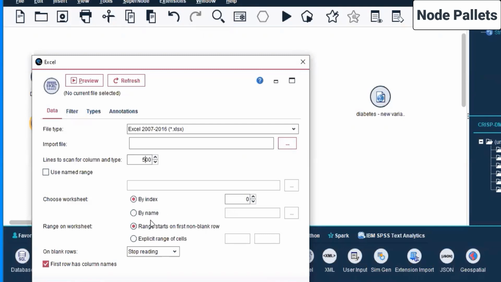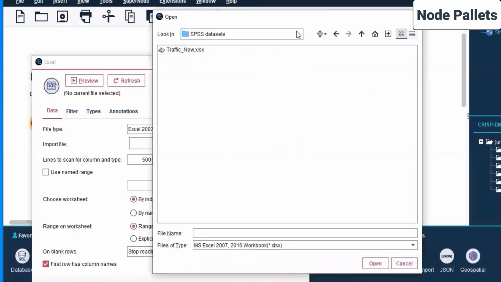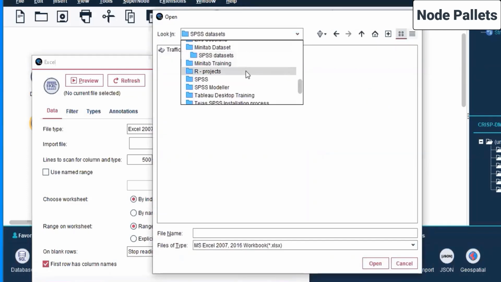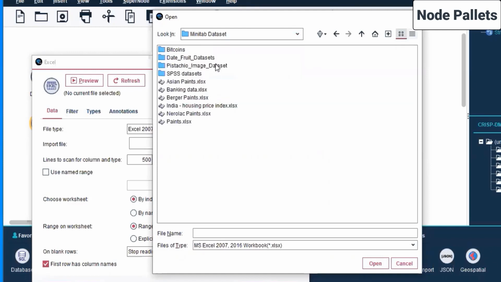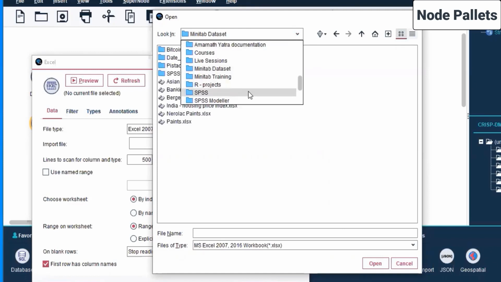Choose worksheet by index or by name. We choose it by index, and the range starts from the first non-blank row. So these are some of the standard settings that are there, and that's okay. And you click on this button here, go on the data. We go on the SPSS. We don't have any data sets here, so we have to go for the normal data set that we